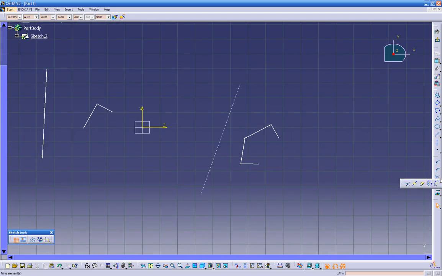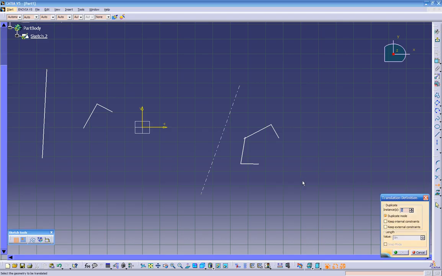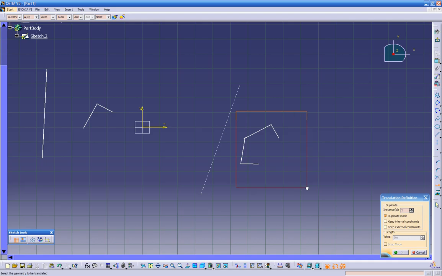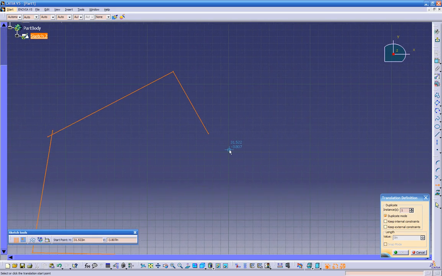Now we have over here, sorry, let's go back to symmetry. We have a translate, rotate, scale, and offset. So those are pretty nifty features. So if you want to translate, just highlight the icons you want to translate. Then you want the start point, you want it to be this end right here. As soon as I zoom in a little bit, as soon as I bring my mouse at the end of the line, it gets a full moon. You see right here, full moon. So that means it's the end of the line. So I want it to translate from this point